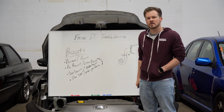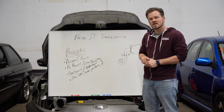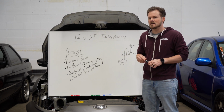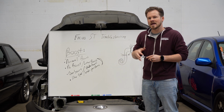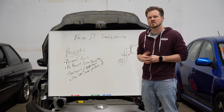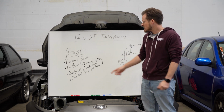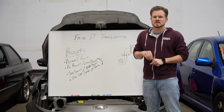We've had guys pull their downpipe off and have the cat turned sideways in there. Guys that have just left a rag in the charge pipe, and that's caused this issue where the turbo can't spool up, it can't build boost, it's just got too much restriction. And so that's something to check, is if you're slow spool or underperforming, you want to check for restrictions or